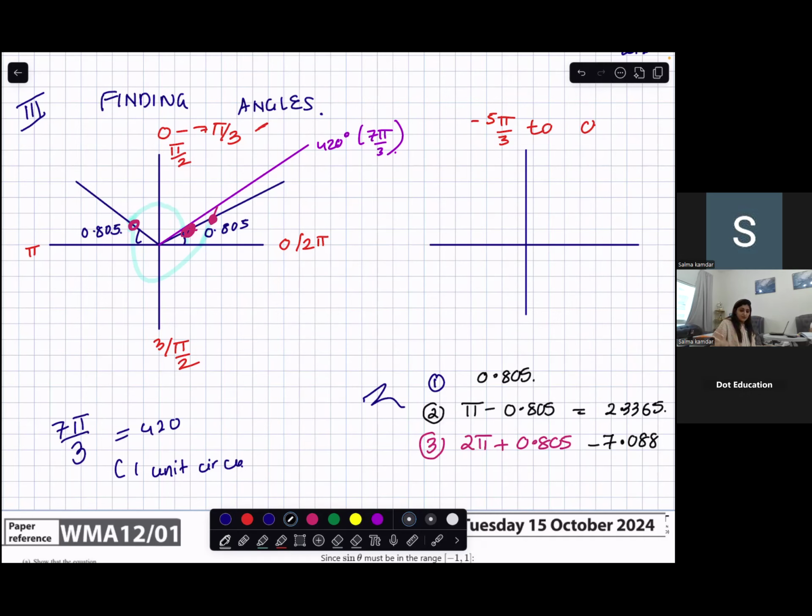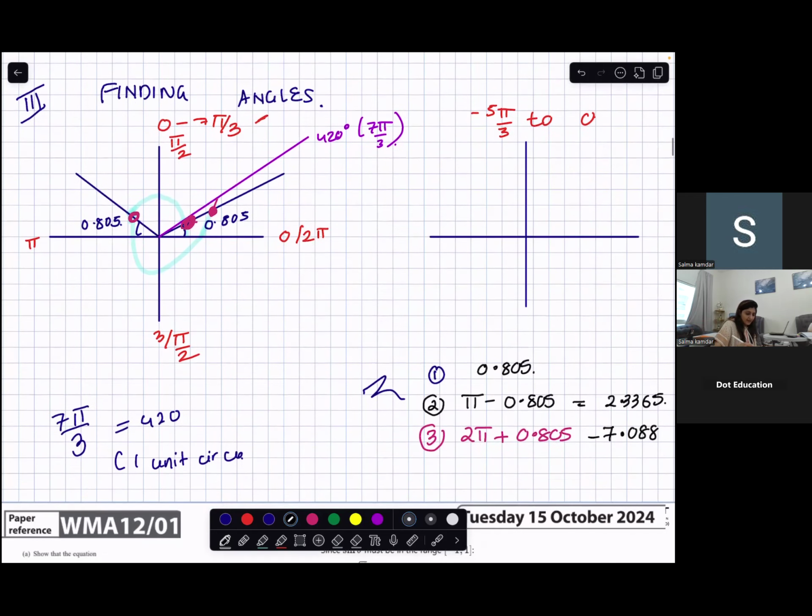Now my negative range. My negative range is between where and where? It is between minus pi by 3 to 0. Now when I am doing the negative range, I should note that this is still going to be the principal value in rads. This is still going to remain the principal value in rad, but when I am doing the negative range,